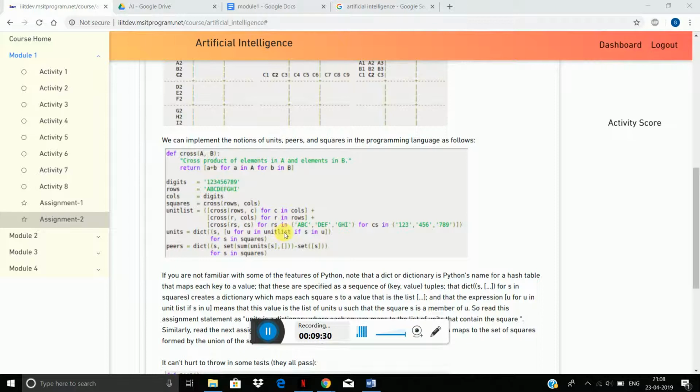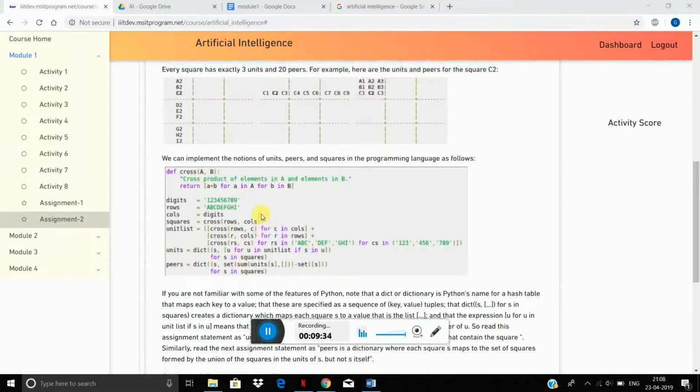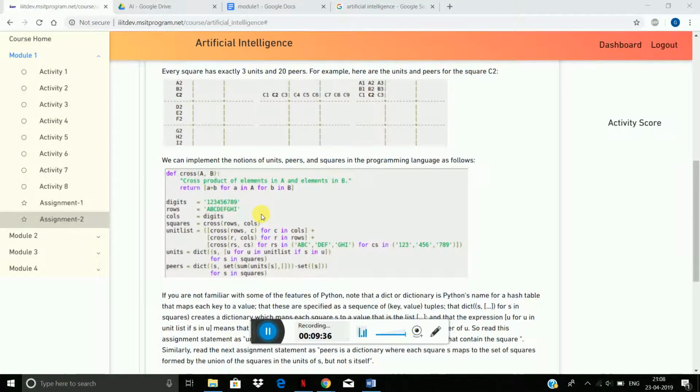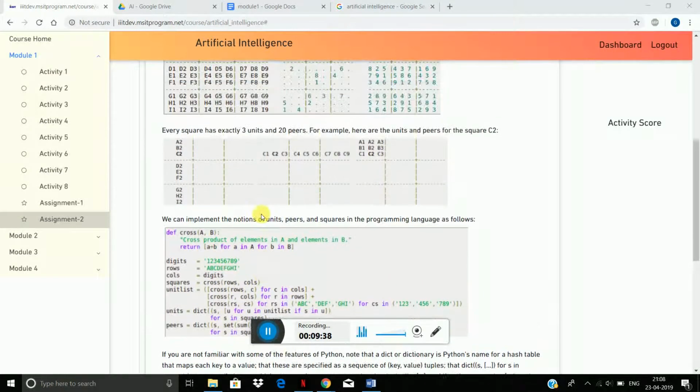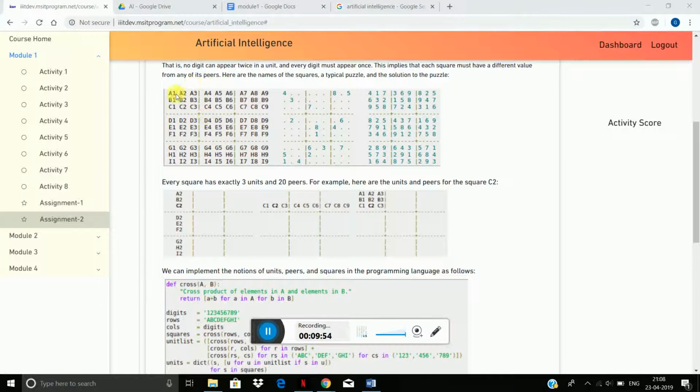So for the first variable, we have this list, so we'll have rows, columns. If we take a1 only, in the first iteration, if it is a1, then if s is in u, a1 is present in the unit list, like all these units a1, a2, a3 lists. So if it is present, we are putting the u list as a value. So for a1,